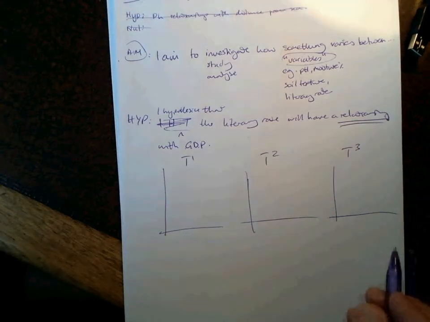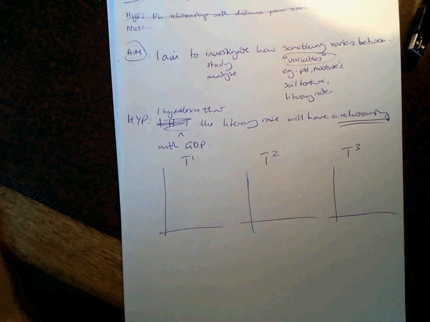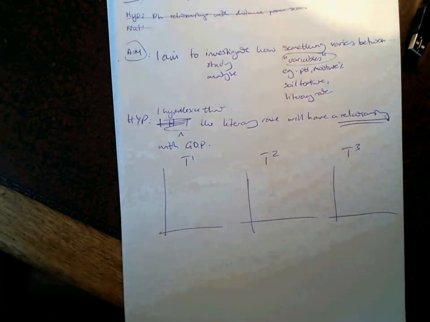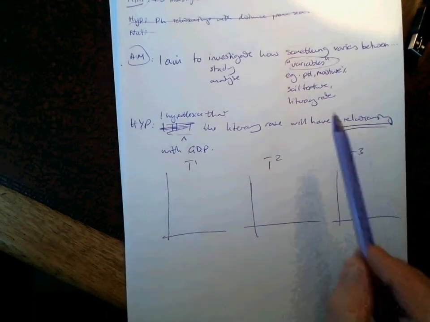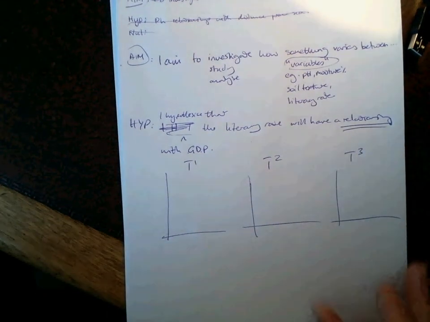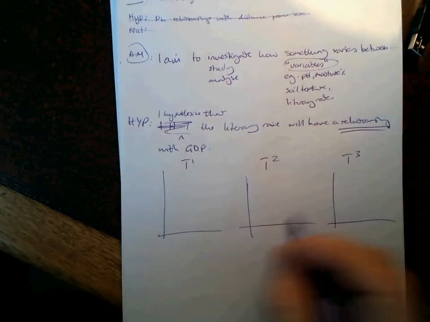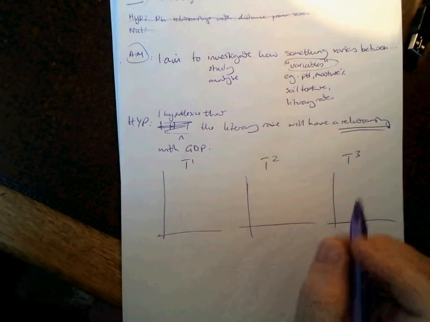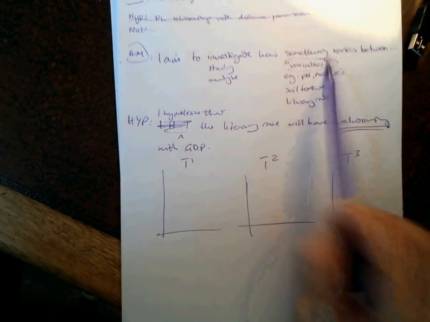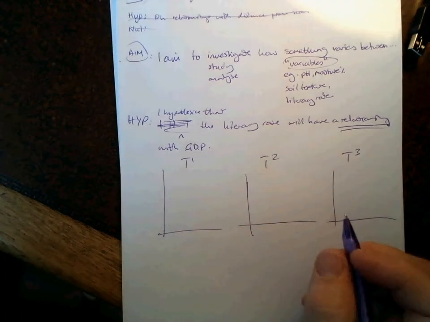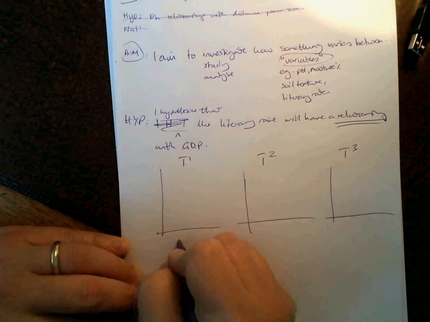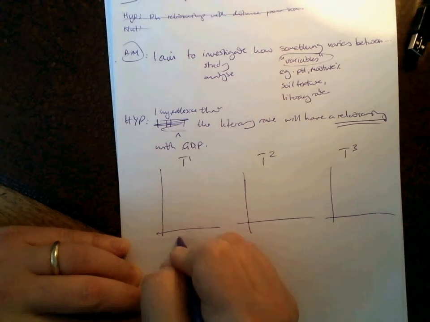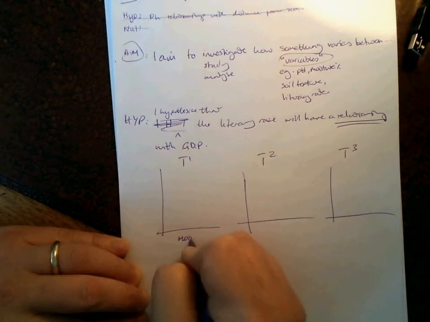There are marks for this kind of thing. I don't want you to get too stressed about it though. The main thing is that you are using the appropriate graph for testing the hypothesis. That's really what is expected here. Okay, so you're going to put your variable that's in your aim onto this graph. So let's say we've got soil moisture, and we've got